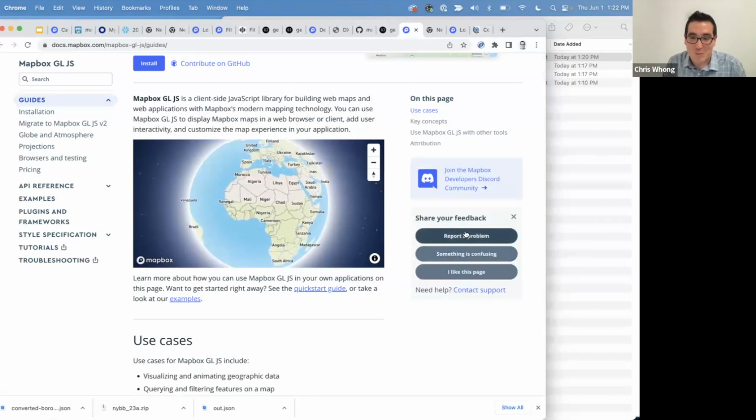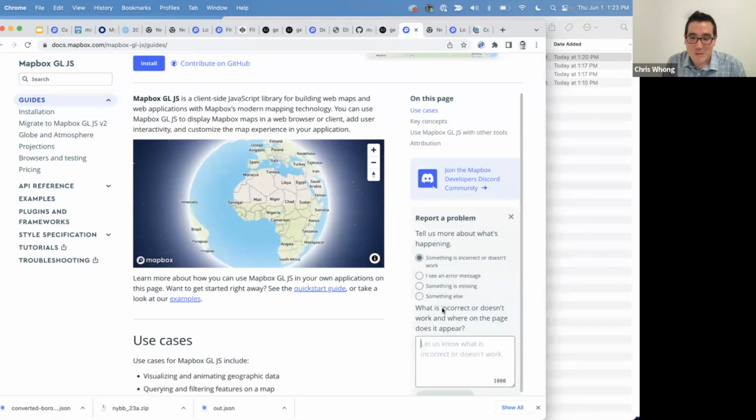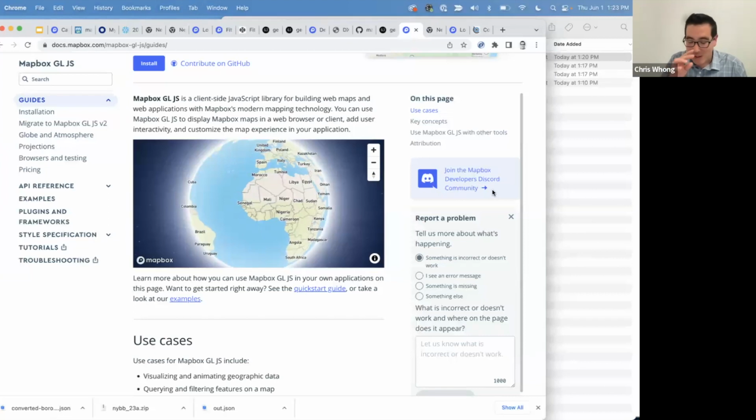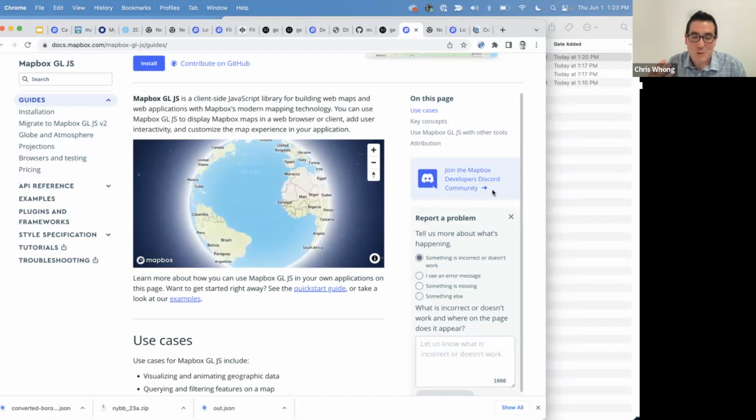If you click on this, you can report a problem, and click on these buttons and write us a little message. We get these and we react to them. About half the feedback we get is actionable. This isn't a place for tech support, but it is a place for, say, you found we updated our API and we didn't change the wording of one little paragraph and it's become confusing. You can play a part in helping us improve these docs, and that's with these reports. So that's my final shout out, just because I have a captive audience of developers.